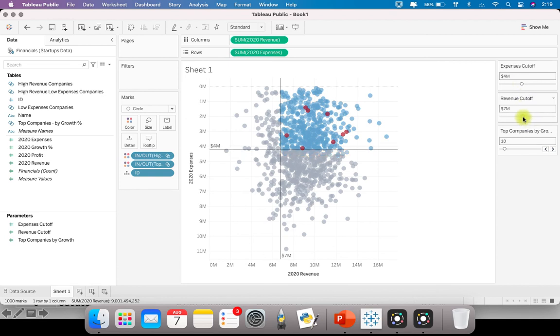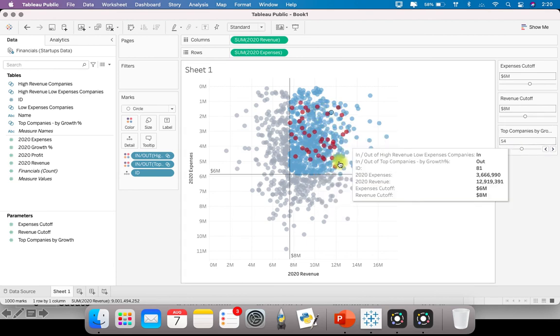Just with a simple slide you can decide what should be my quadrant. So you can see how user friendly this is, right? And also if I want to increase the top companies, I can increase that by the slider, and you can see how the number of companies is increasing or decreasing.